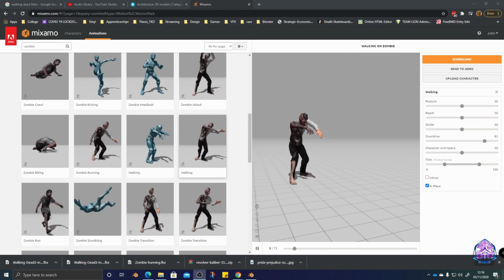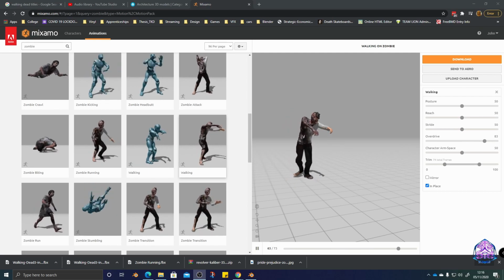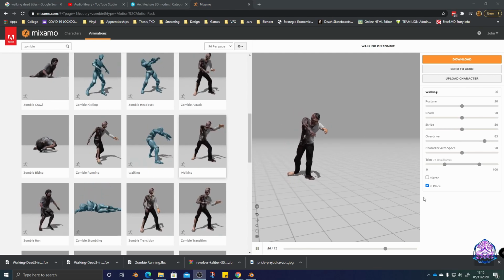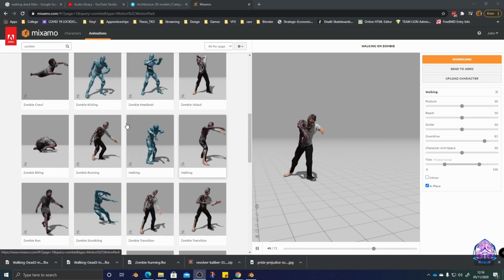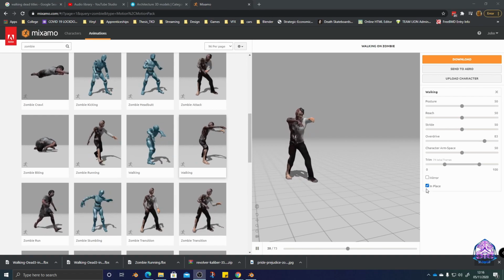For this tutorial, we're going to have a look at Mixamo and bringing it into Blender. There's a few Mixamo tutorials out there, but I've not found one that's as smooth as the way I'd like it to work. So we've got some animations, and what I'm going to do is make sure